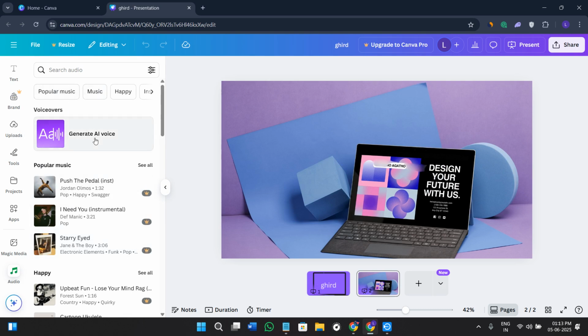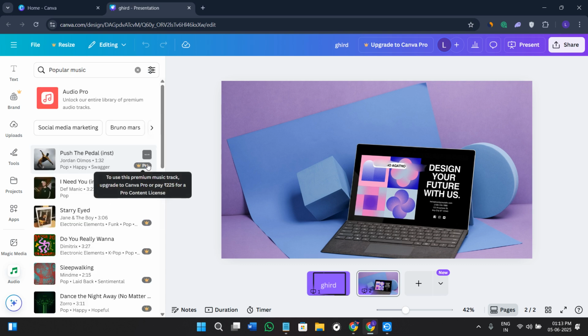Over here, you will see a bunch of different audios that you can get from the Canva library. Some of these will be free and some of these will be premium tracks. If you see this type of pro icon right next to any of the tracks, it simply means that particular track is premium. So here you can filter the tracks with the help of the genre, mood and